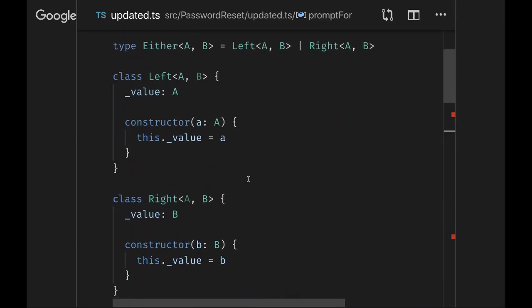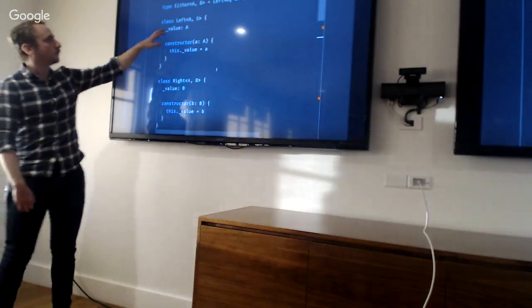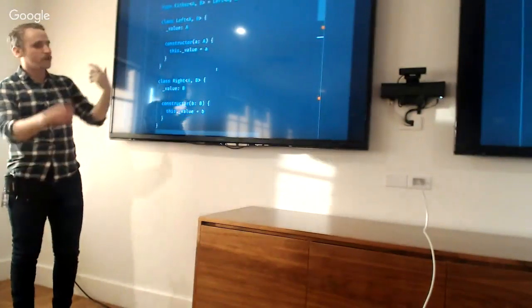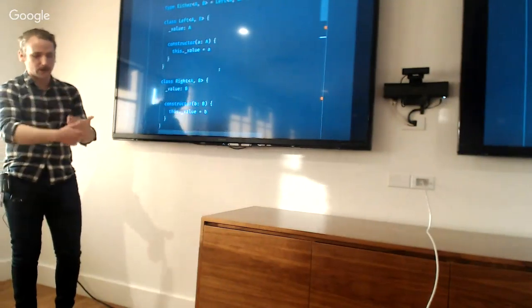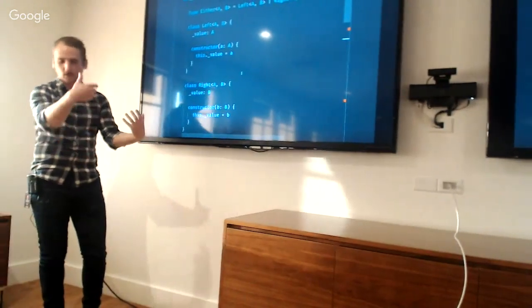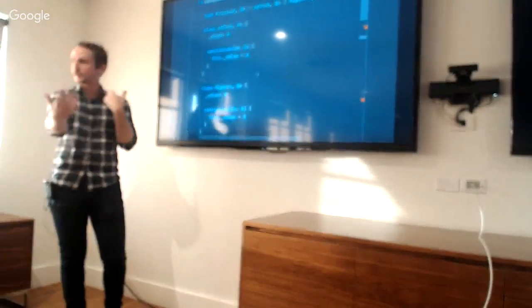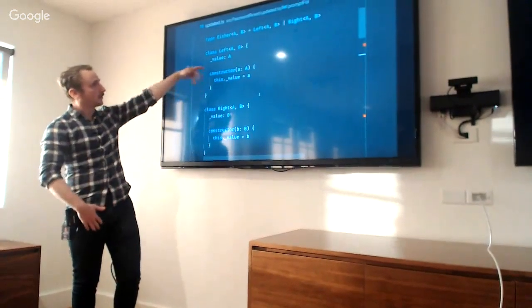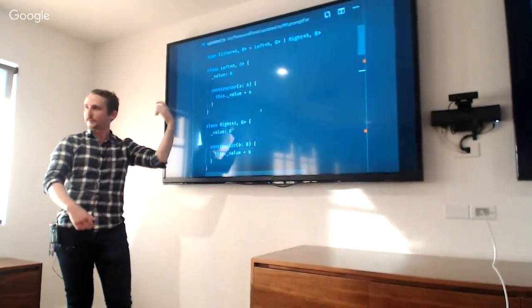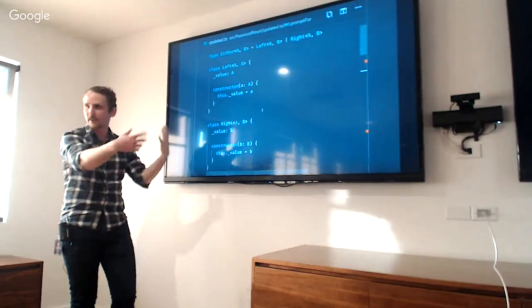Okay, go ahead. So this is saying you can have either a string or an integer. You can have either an error type or a user type, right? You can have lots of different kinds of users. They all have a similar structure. The structure is an Either: it is either the left thing on the left or the right thing on the right. And those A and B can be anything.